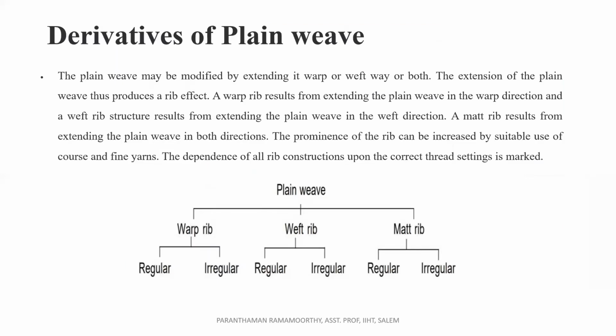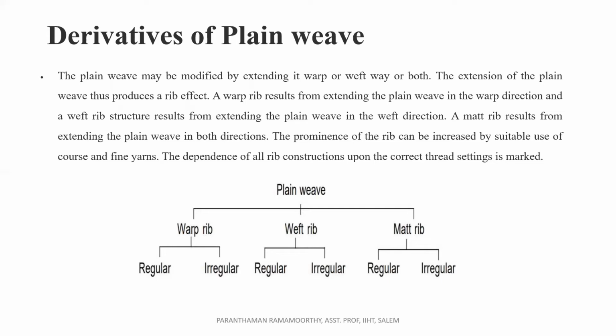The topic is derivatives of plain weave. The plain weave may be modified by extending it warp way, weft way, or in both directions. The extension of the plain weave thus produces a rib effect in its structure. A warp rib results from extending the plain weave in the warp direction, and a weft rib structure results from